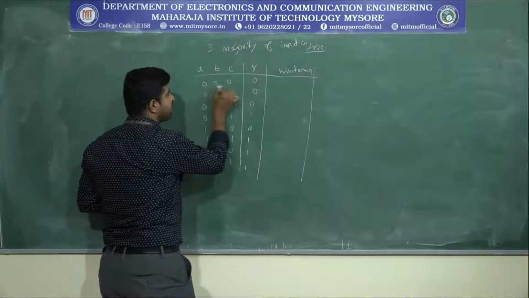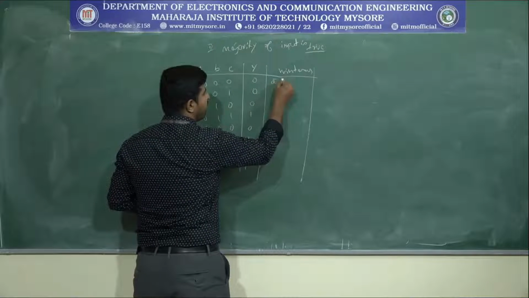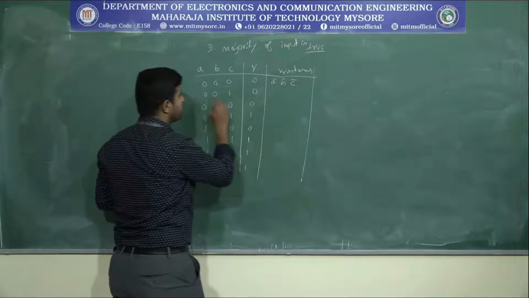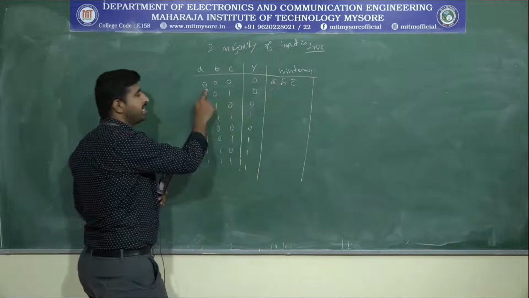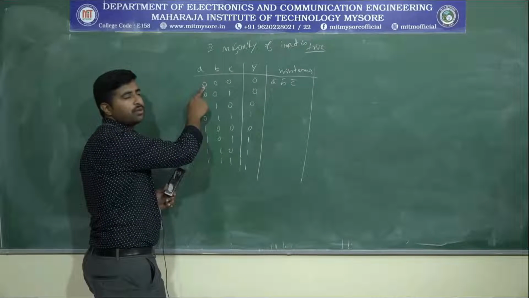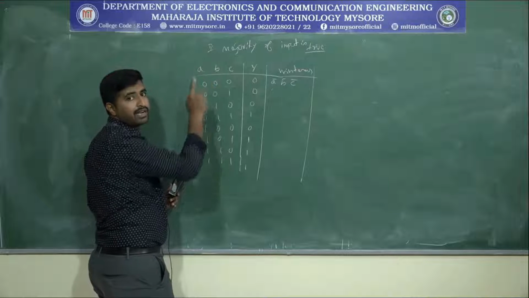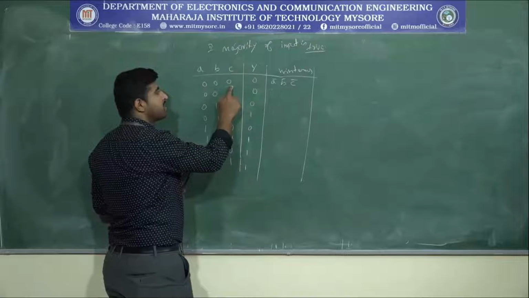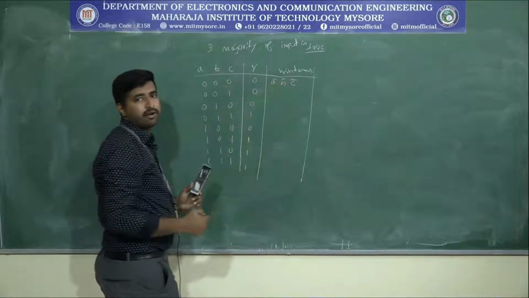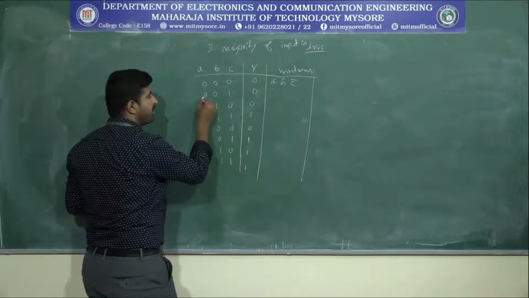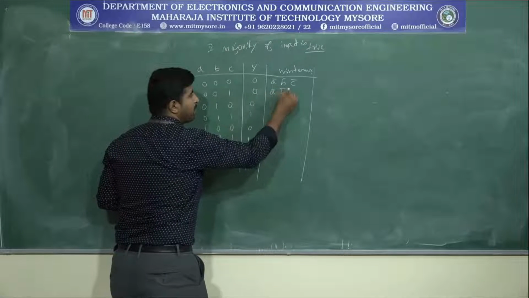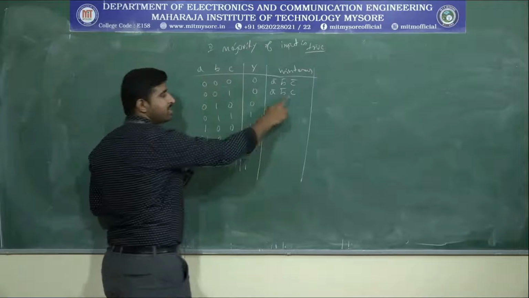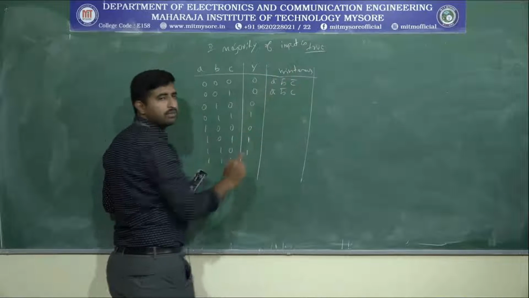So what is the min term when the input is 0 0 0? That will be equal to a bar, b bar, c bar. Similarly 0 0 1. Because when you are writing the min terms, keep in mind, as I already said, when we have a logic 0, that should take the complemented form. When you are writing the min terms, that means product terms, a, b, c. So here all the inputs are 0, so that's why we take the complemented form, a bar, b bar, c bar. Similarly for 0 0 1, a bar, b bar, c, c is not complemented because c is logic 1. Hope you can understand that part when writing the min terms.